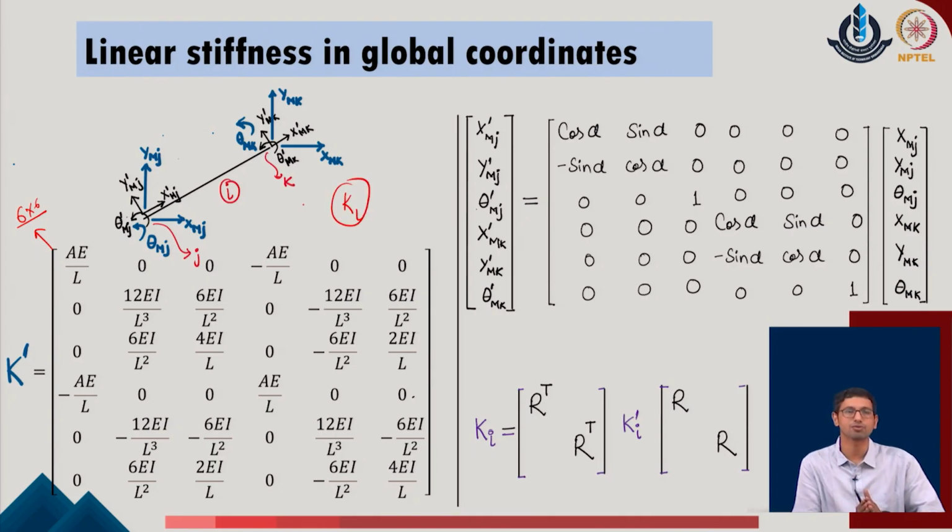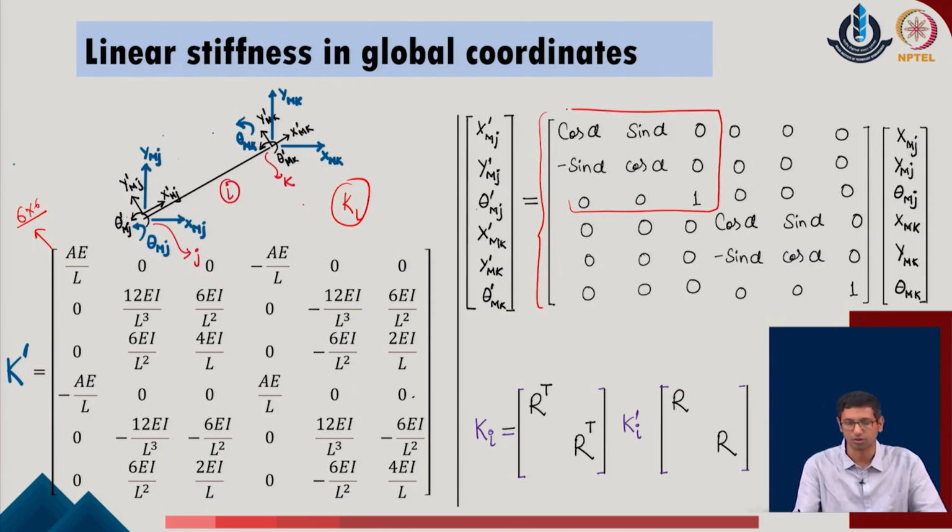So, I am going with the analysis where I am only taking the linear terms and the geometrical stiffness term of the given system. I am not adding the nonlinear stiffness term, which is due to the large displacement. But in case you want to take it, the procedure will remain similar to what we have done over here. So, I define the stiffness of the given system, I take the general transformation matrix with these two rotation matrices which have been defined on the given system, and we convert our local member coordinate stiffness matrix to the global stiffness matrix of the given member.